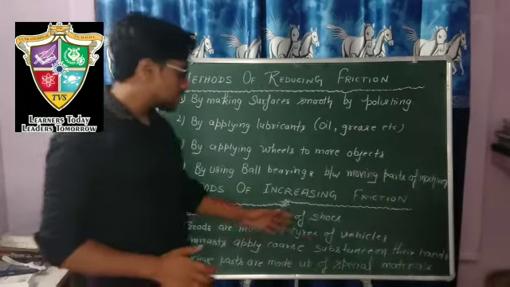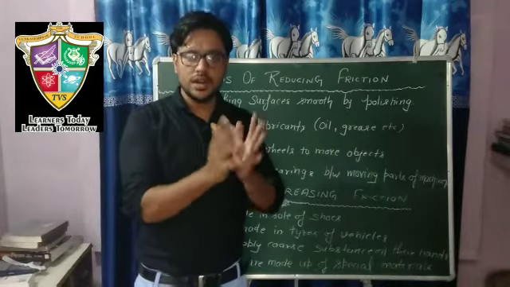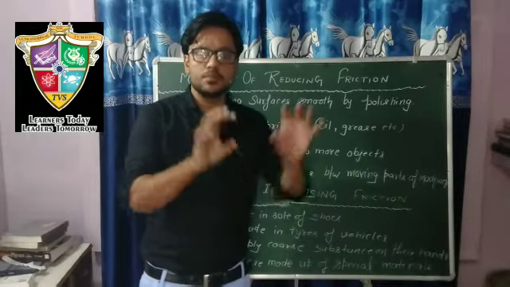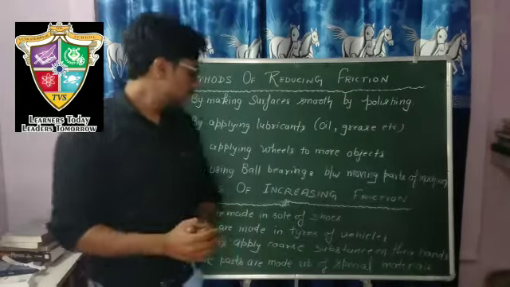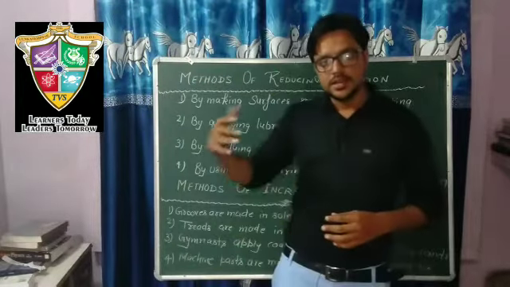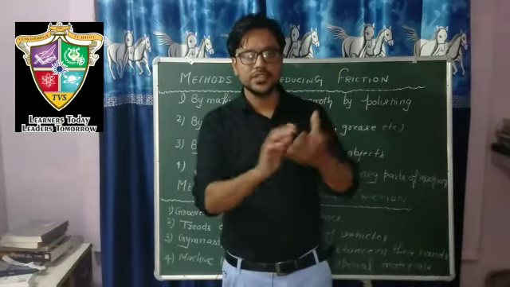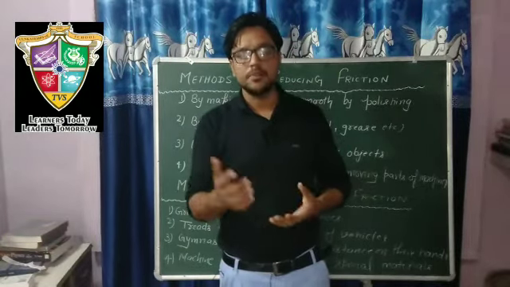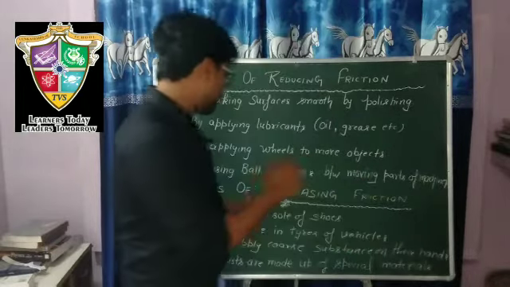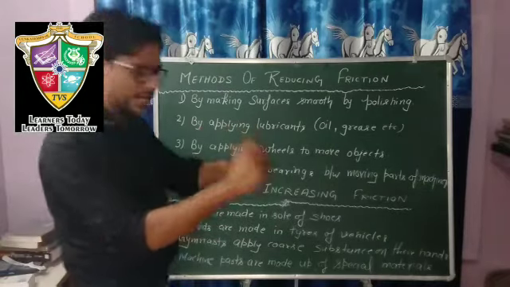Gymnasts apply a coarse substance on their hands. Gymnasts apply the substance just to make a better grip and to avoid the chance of slipping. That's why they increase the friction. And you must have seen kabaddi players rubbing their hands with sand, so they can apply more force, or you can say frictional force can be increased, and their grip will be tight.